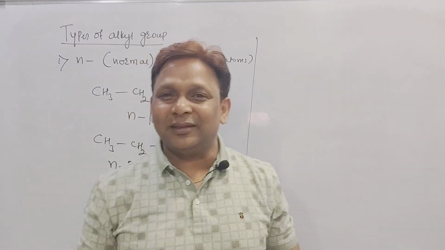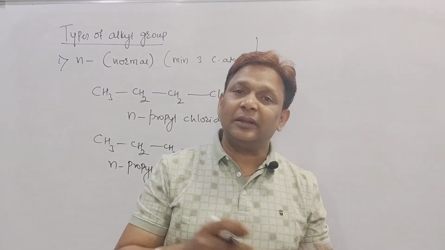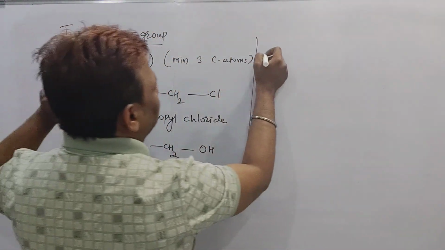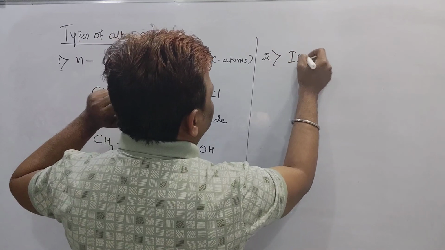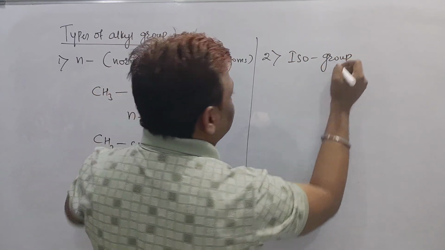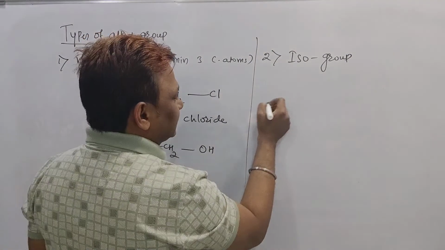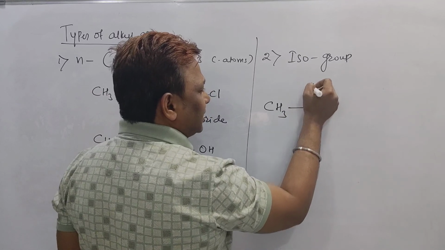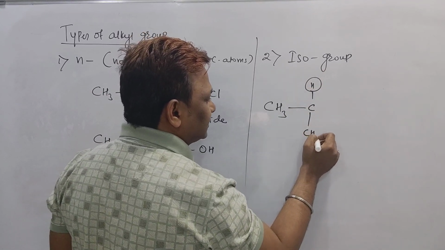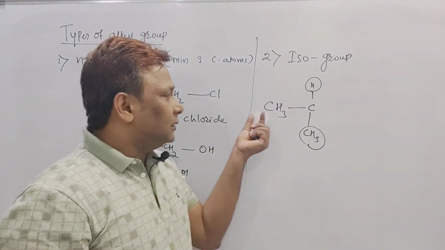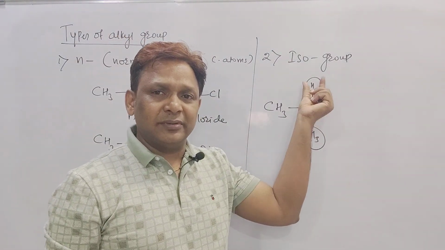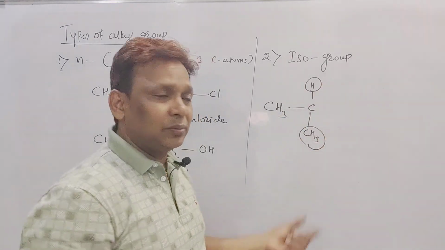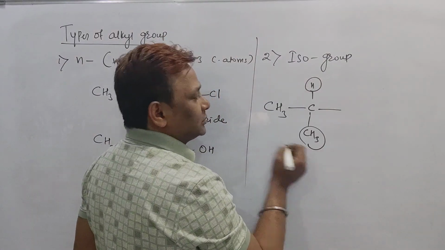Before going to start anything about this video, I want to tell you what we learned in the previous video, and then we'll continue. Second part, yesterday we have seen the type of alkyl group called iso. But what is meant by this iso group? Yesterday I gave a small trick for you. Iso means this is the last carbon, that is methyl, and the last but one carbon must have a hydrogen and it must have a CH3 group. Right? Last but one carbon must have an H and a CH3 group, and then this group will be called an iso group.